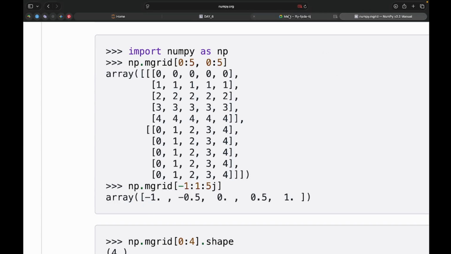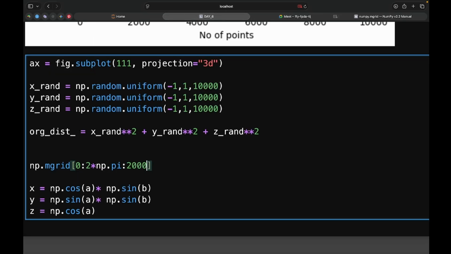Okay, so we'll try first. If we get it wrong, we'll see. So basically, it's not something related to imaginary numbers. It's just a syntax of the mgrid. Okay, now